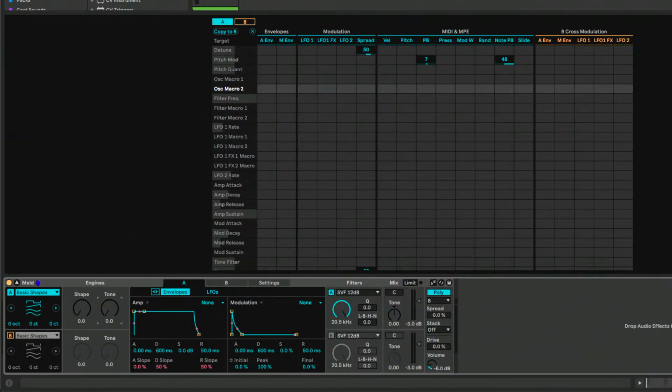The next one is the tone. So if we have a square, we can alter the tone as well. But you can see every time I click on one of these, it will be grayed out which parameter I'm at. So if I want to automate this,